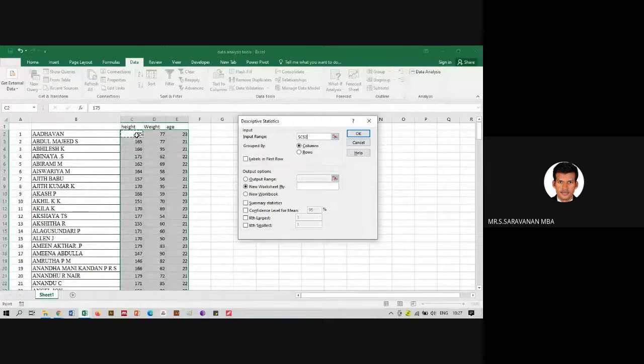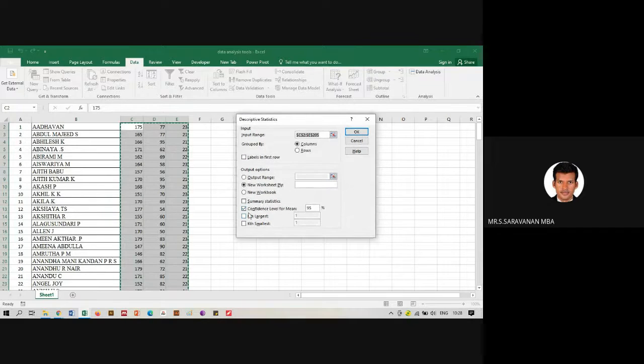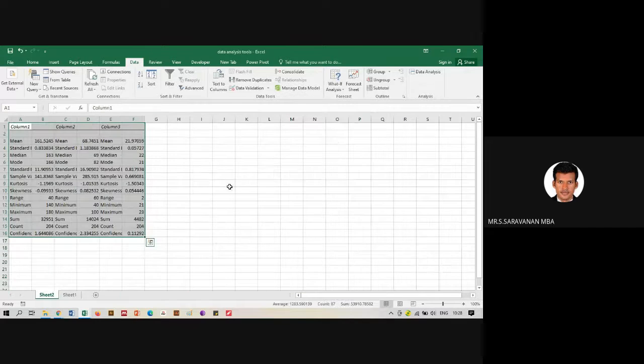We will take all the data, Control Shift End. Okay, so let's say confidence level is 95%. We want the summary statistics also. Click OK.